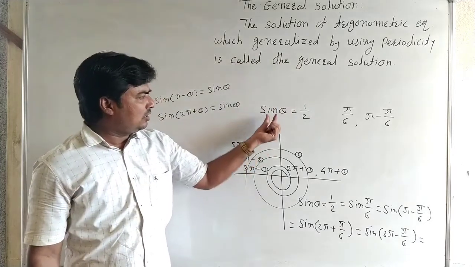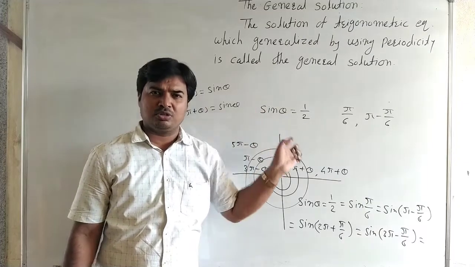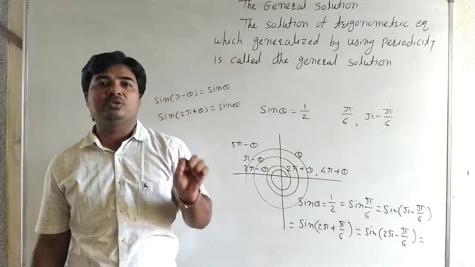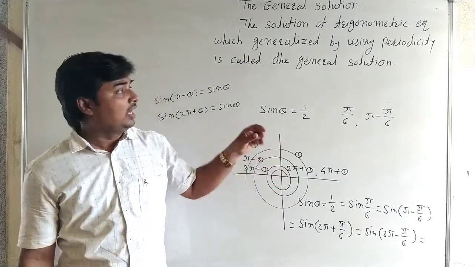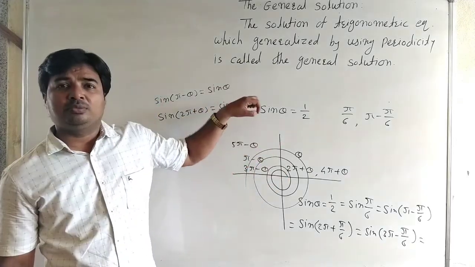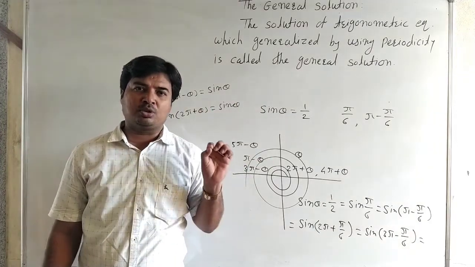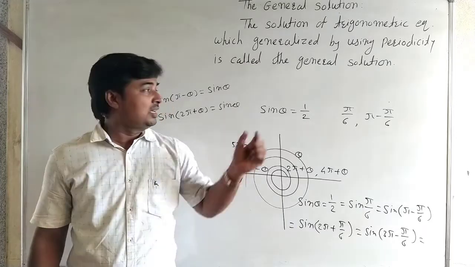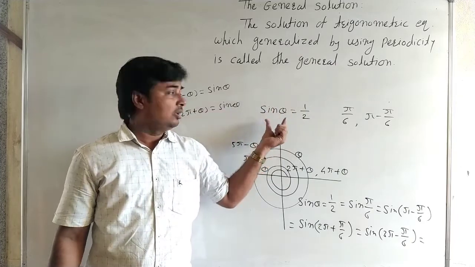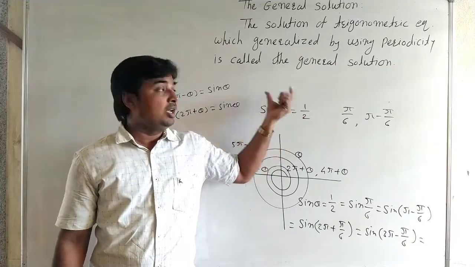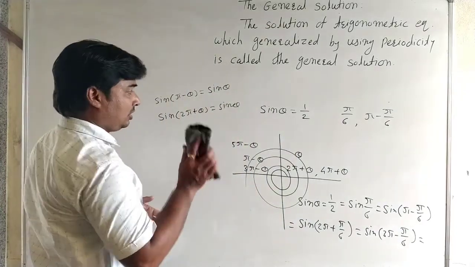Here we take a simple expression, sin theta is equal to 1 by 2. It could be cos theta is equal to 1 by 2, or tan theta is equal to root 3, or in the form of sec, cosec or cot. First we see some theorems, that means some formulae for the general solution, in terms of sin theta, cos theta and tan theta. Sin theta is equal to some constant, cos theta is equal to some constant, or tan theta is equal to some constant. First we see the theorems of the general solution, that is the formulae for the general solution.